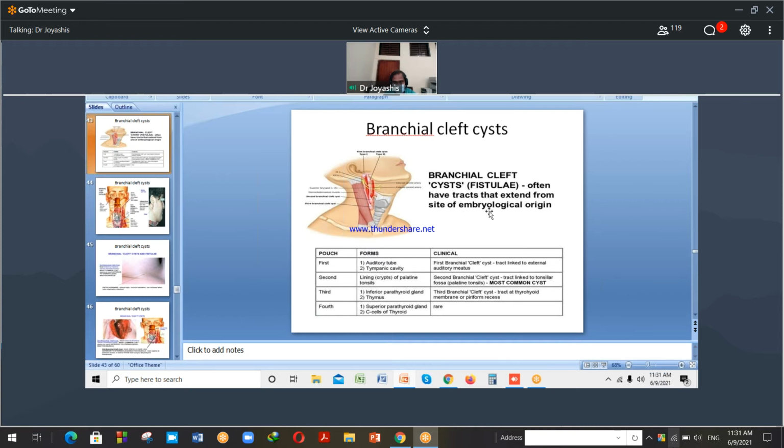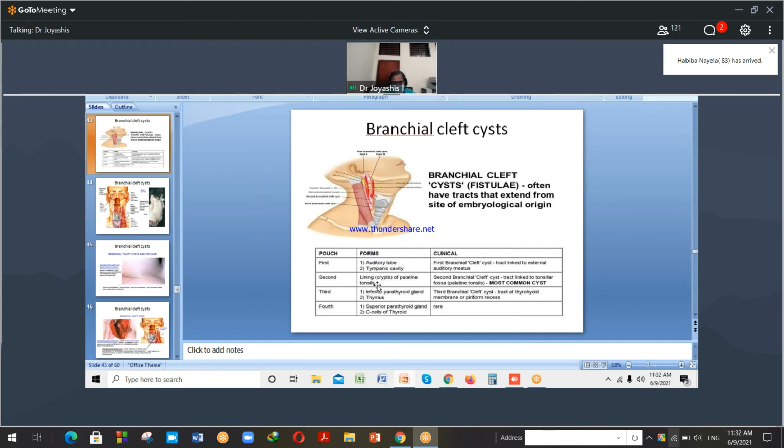Brachial cleft cyst or fistula often have tracts that extend from the site of embryological origin. Embryological origin site বরাবর। সাধারণত সেকেন্ড ব্রাঙ্কিয়াল ক্লেফট সিস্ট বেশি কমন, বাকিগুলো আনকমন। এখানে আমরা একটু দেখেছি যে পাউচ থেকে কি হয়। যেমন ফার্স্ট পাউচ থেকে অডিটরি টিউব বা টিম্পানিক ক্যাভিটি, যদি কোনো কারণে এখানে অ্যাবনর্মালিটি ডেভেলপ করে তাহলে ফার্স্ট ব্রাঙ্কিয়াল ক্লেফট সিস্ট, এটা ট্র্যাক্ট লিঙ্ক টু এক্সটার্নাল অডিটরি মেটাস। ফার্স্ট ব্রাঙ্কিয়াল ক্লেফট সিস্ট টাইপ 1, টাইপ 2 দুই ধরনের হতে পারে। এটা এক্সটার্নাল অডিটরি মেটাসের সাথে কানেকশন তৈরি করে।